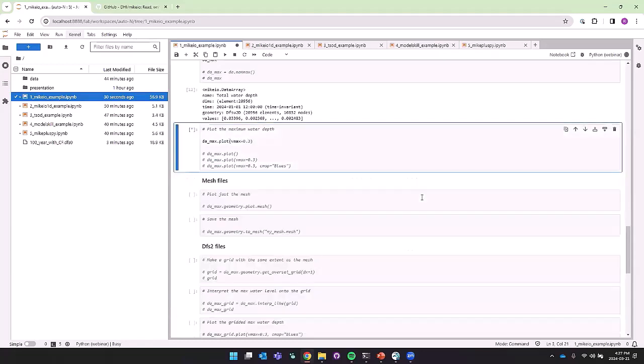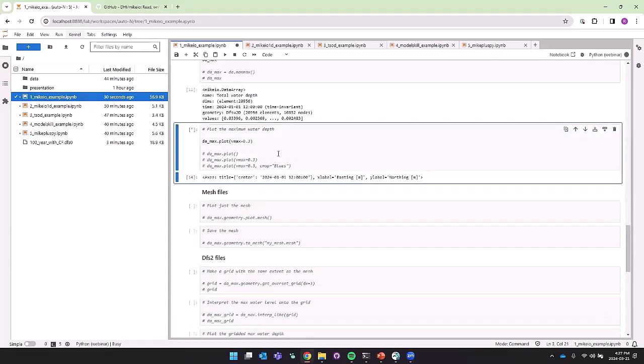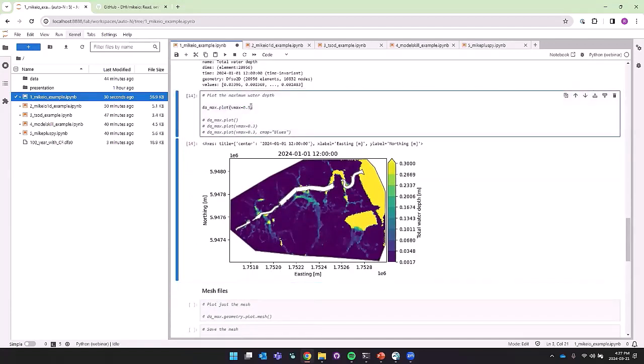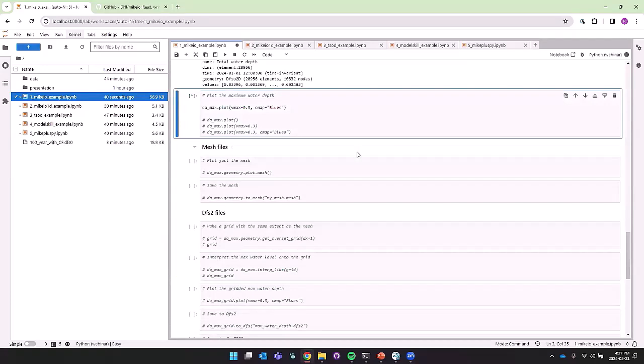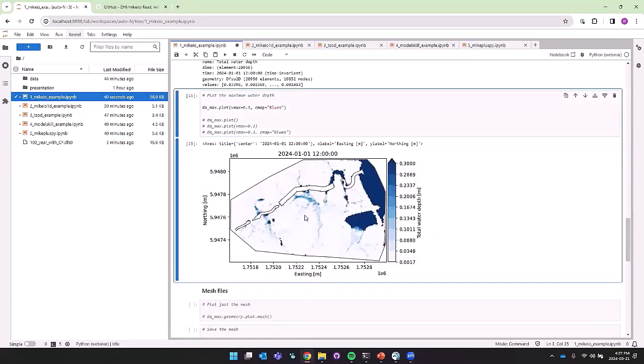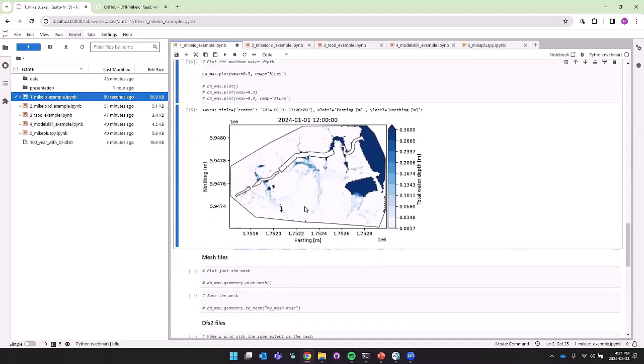And we just run the cell again. Now we get a better coloring. We can also change the colors to use blues instead of the default. And then we get something that's looking more flood-like.